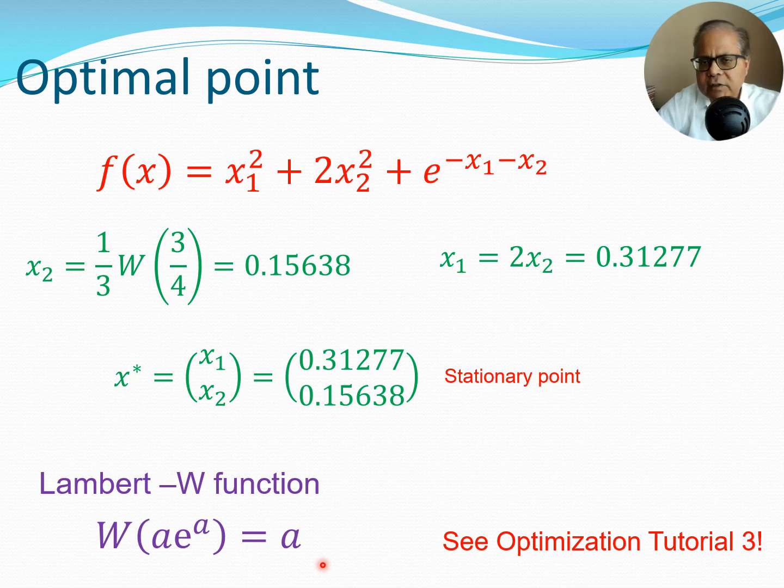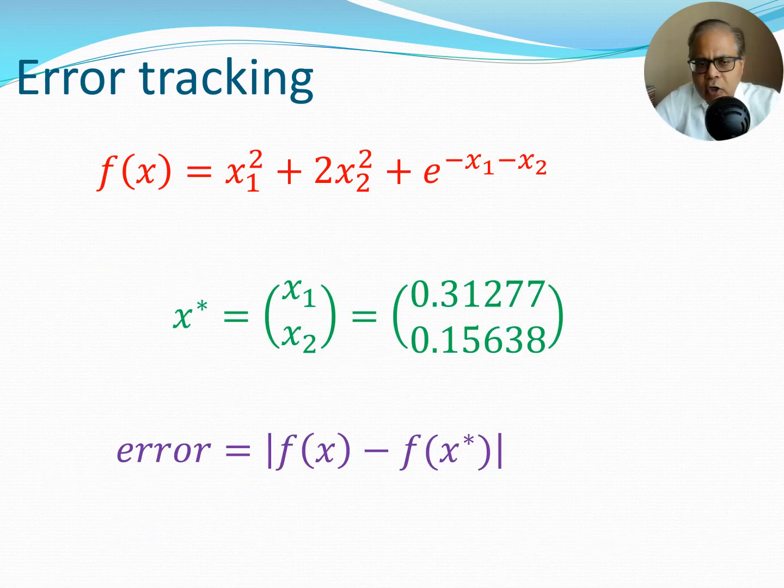So you can think of this as a different special function, just like we have the Bessel function, the gamma function, and the Lambert W function. Now look at optimization tutorial 3 for more about some of these aspects. Now we are going to use this fact that we know x star to actually calculate how close we are